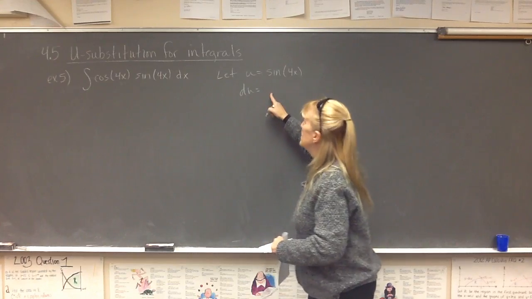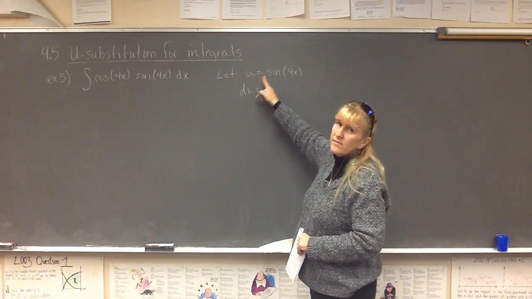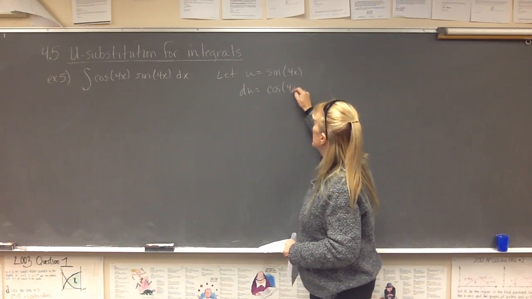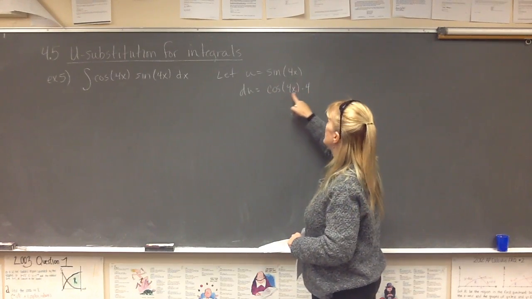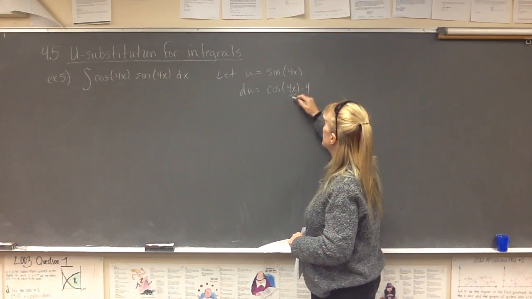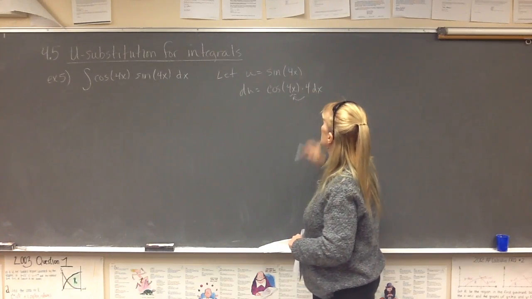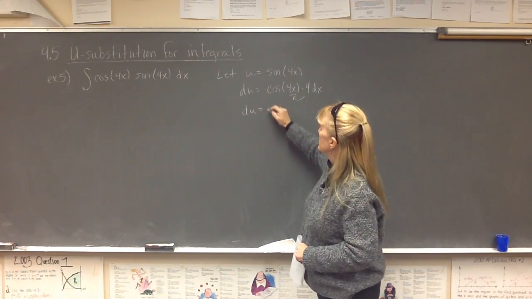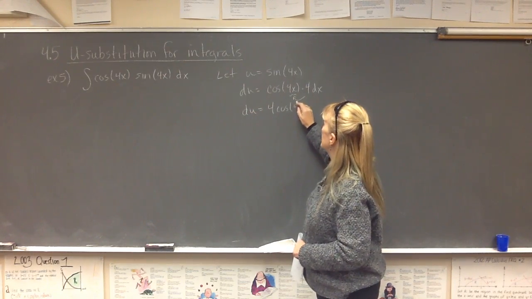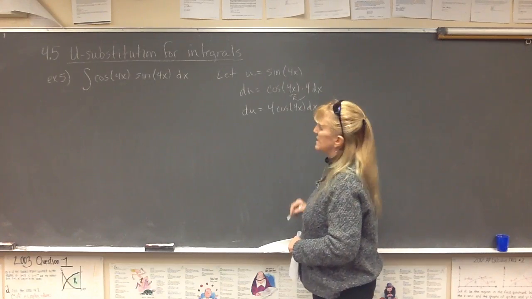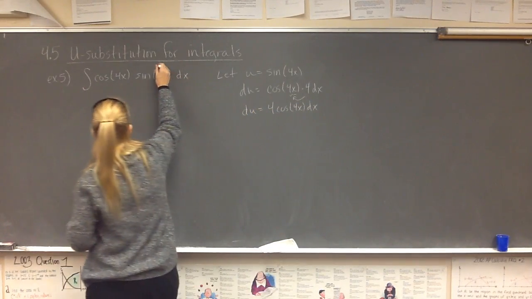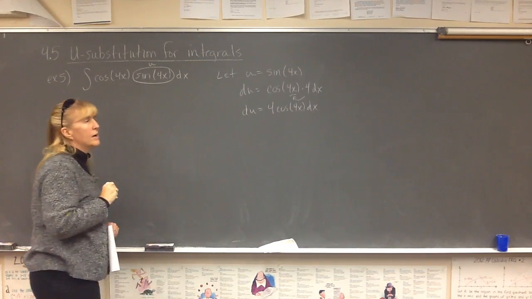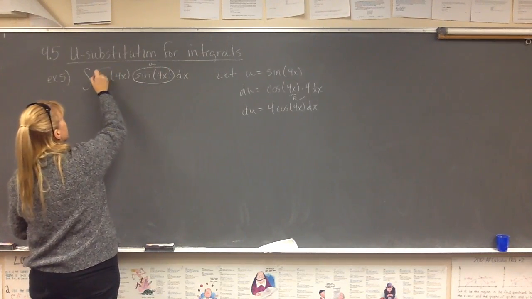du, therefore, I don't need a negative sign here now because the derivative of sine is cosine of the same angle, and then chase it with the derivative of that angle, right, like that, and then dx. So this gives me, I'm just going to make it nice and neat, I'm going to pull the 4 to the front. 4 cosine of 4x dx. So this right here would end up being my u. And then all of this